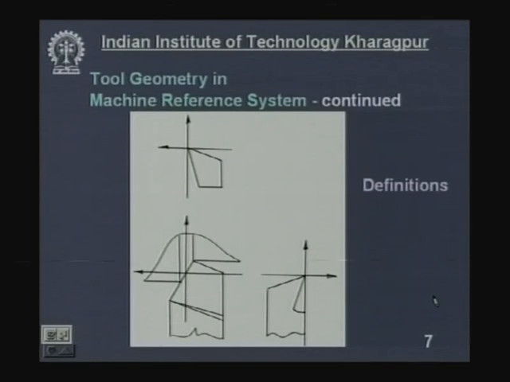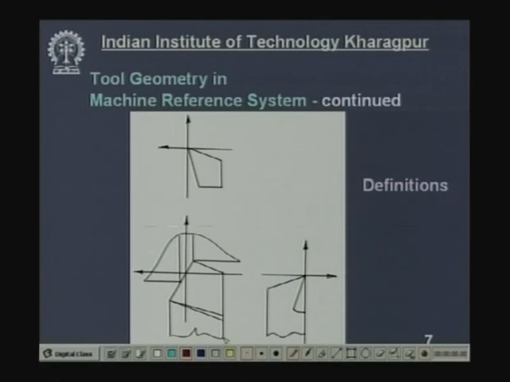Now, here again in this diagram we can also show, say, what is this angle? This is called cutting angle. This is the cutting edge, main cutting edge. This is the cutting angle, and this is denoted by phi s. This is called approach angle, angle of inclination of the main cutting edge from machine transverse plane. So, this is pi y, machine transverse plane, phi s, and this angle is called end cutting edge angle, phi e.